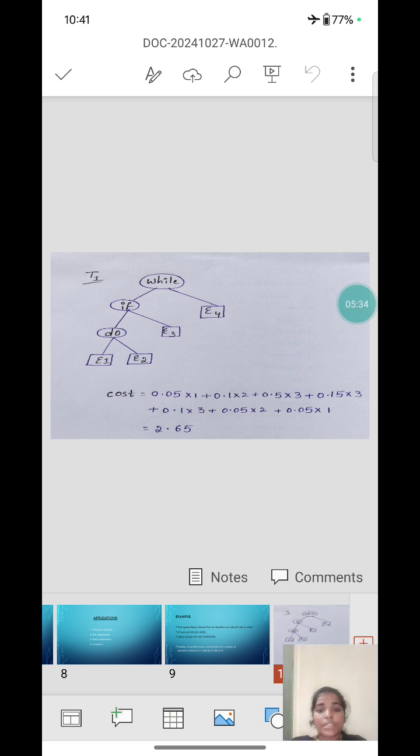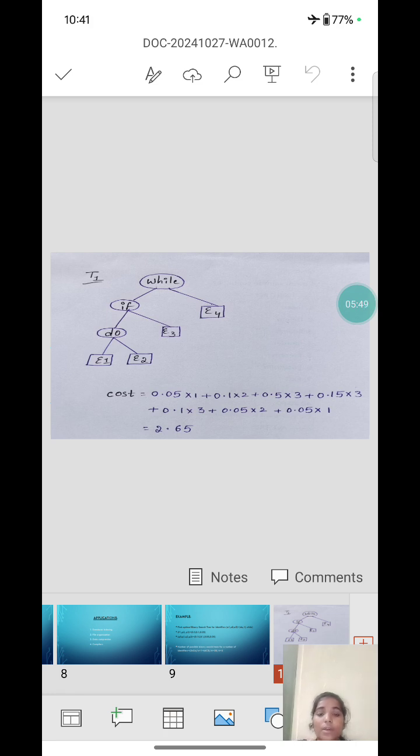E1, E2, E3 and E4 are the external nodes of the T1 optimal binary search tree, where the cost of this T1 search tree equals 0.05 into 1.